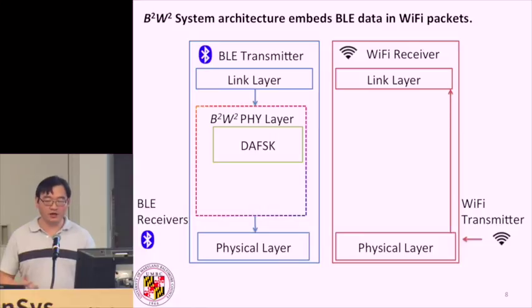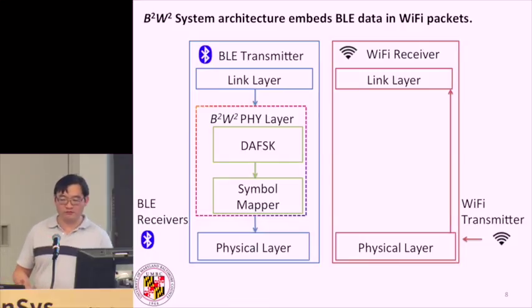So this is a standard modulator. It's a variant of the frequency shift key, which we'll talk about later. I'm just going to give you a quick overview of it. We map the bits because BLE is frequency hopping. We do need to map it to a certain amount of frequency. That information gets sent to another Bluetooth receiver. Because Wi-Fi, again, occupies the same band, Wi-Fi sees that interference.